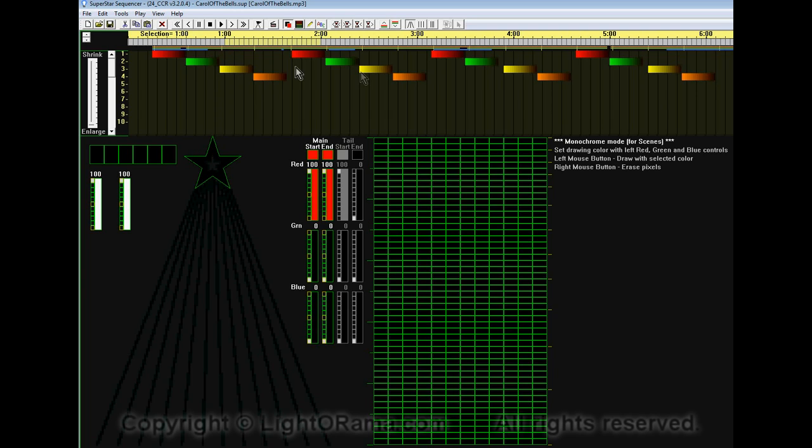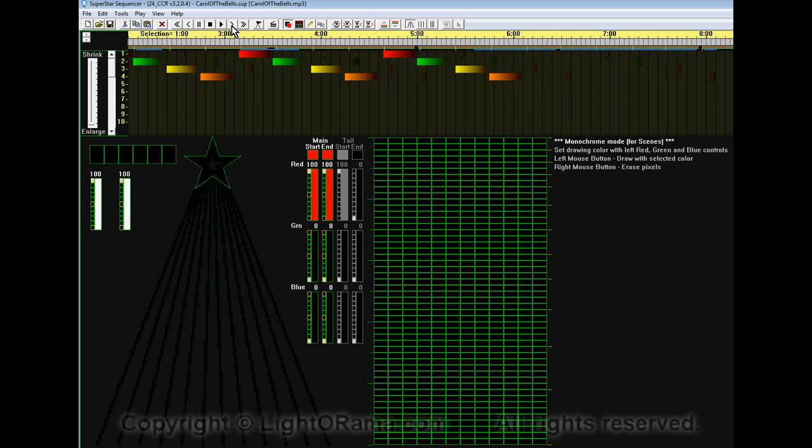To scroll over to that point, we're going to go up to where the tape recorder buttons are here and click on the forward button, and that will scroll 2 seconds forward. I'm going to do that 3 times, and we're going to get up to 6 seconds. And the first cello note starts right here at this first timing mark, and then we're going to add a